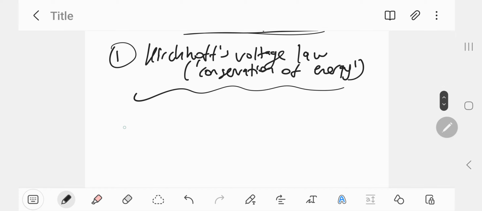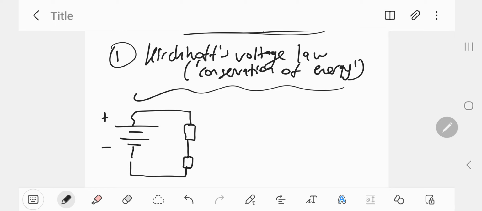So let's see how this works. Let me draw a simple circuit. I'll draw a battery, and I'll draw two resistors connected in series. Let's call that resistor 1, resistor 2. Current, let's have it flow clockwise by convention. It goes from positive to negative. So around the loop, we find